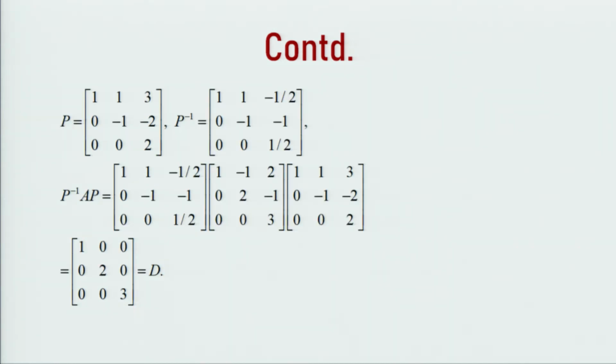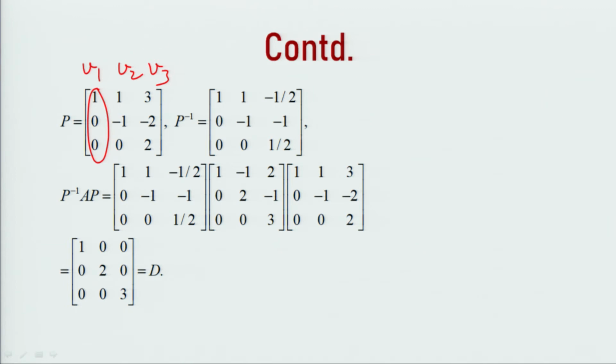Now, what is the process to diagonalize a particular matrix, because we have already found the eigenvectors. So, form a modal matrix, that is P, consisting of the 3 eigenvectors B1, B2, B3 as column vectors. So, we write these eigenvectors in columns: 1 0 0, 1 minus 1 0 and 3 minus 2 2. So, this is a lower triangular matrix. Now, find its inverse, P inverse, by any method.